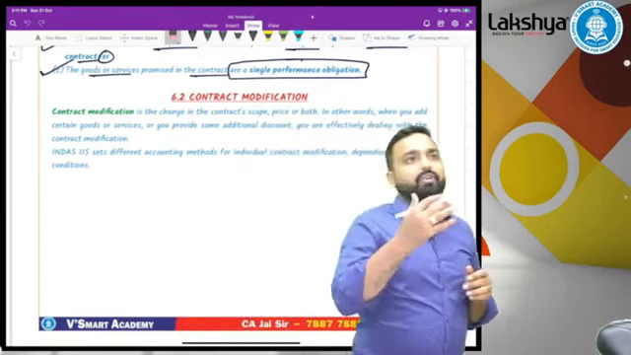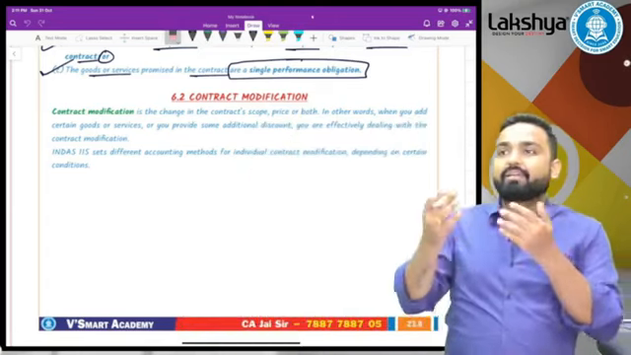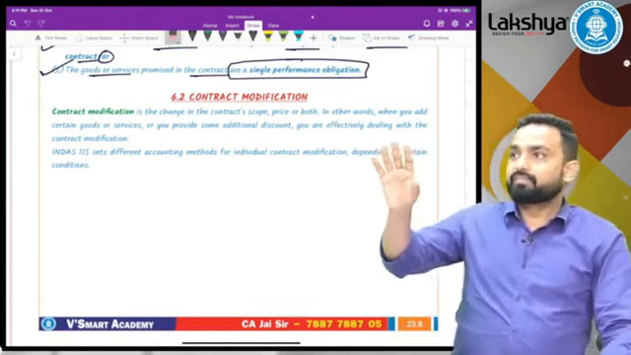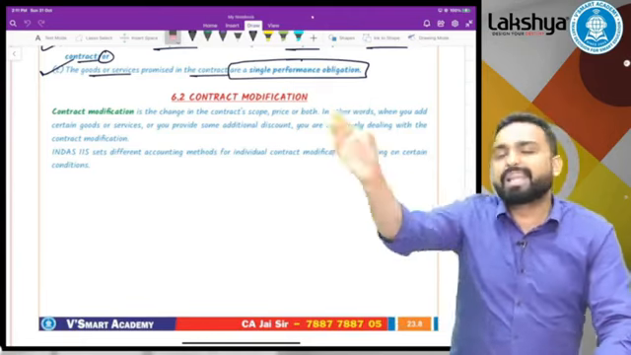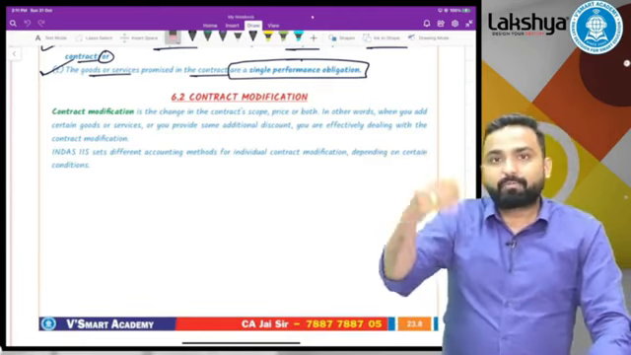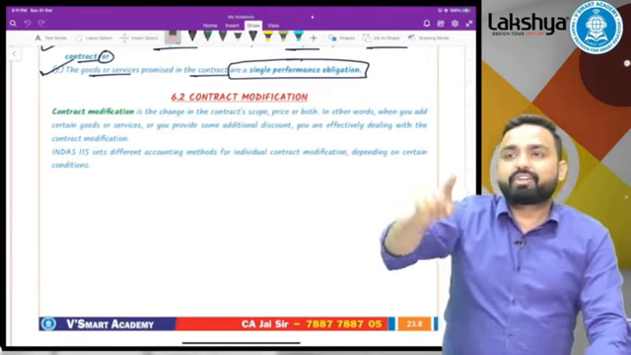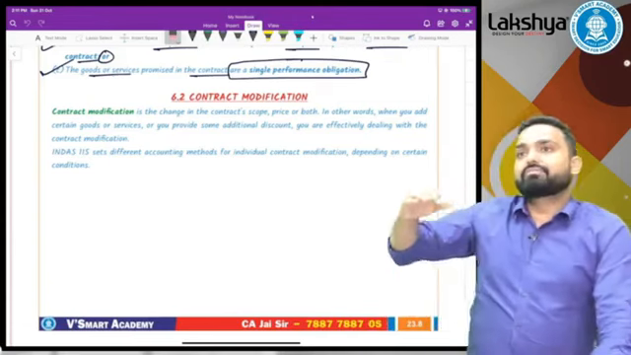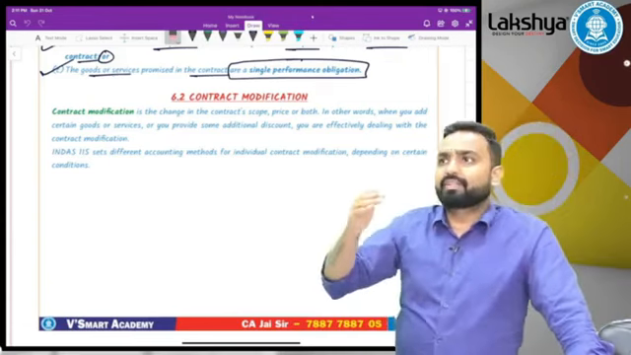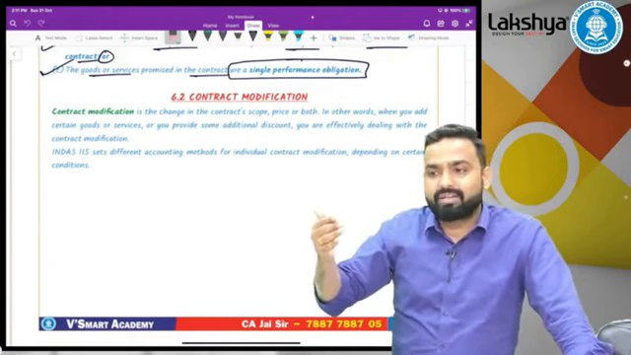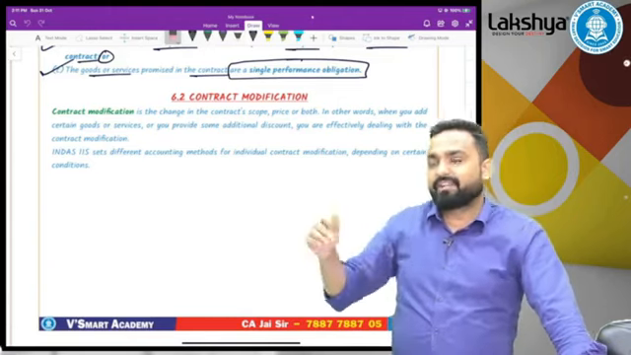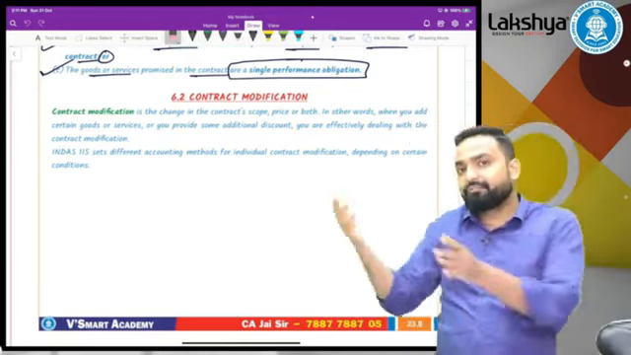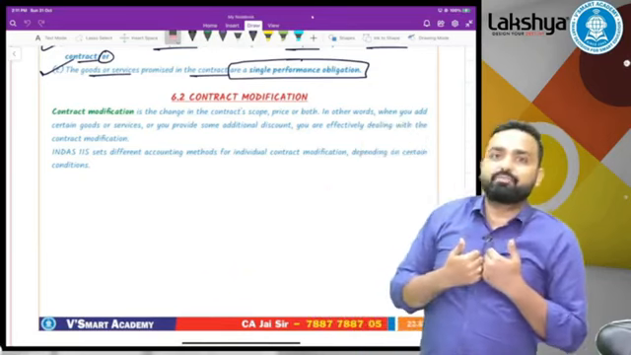Suppose initially there was a contract with a customer that I will provide to my customer 50 computer laptops. The transaction price of one laptop will be 50,000 each. Now, the delivery will be in parts. The delivery will be in 2 parts, 25 each. When I delivered the first 25 laptops, after the delivery of the first 25 laptops, the customer came to me and asked